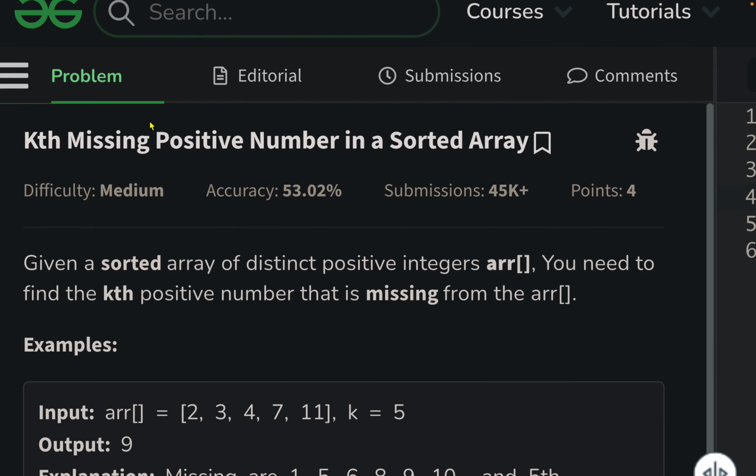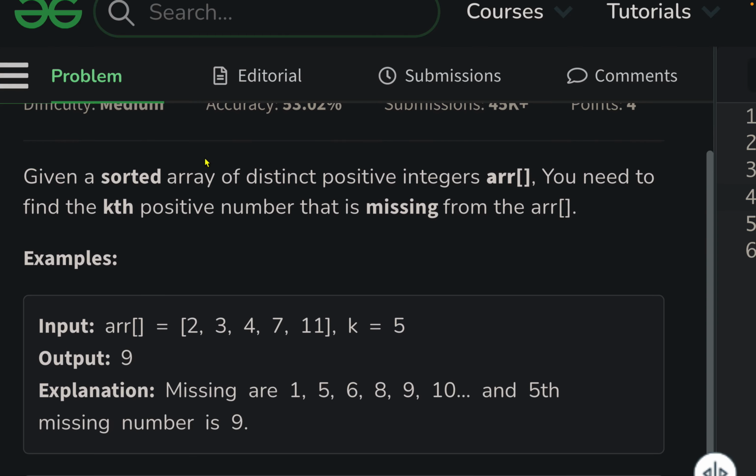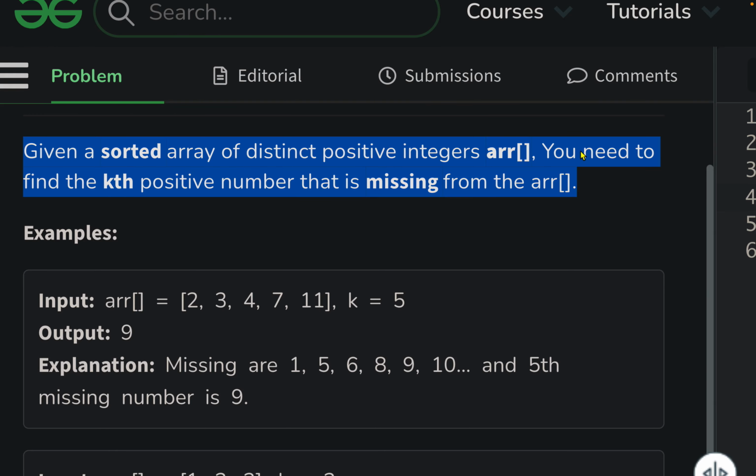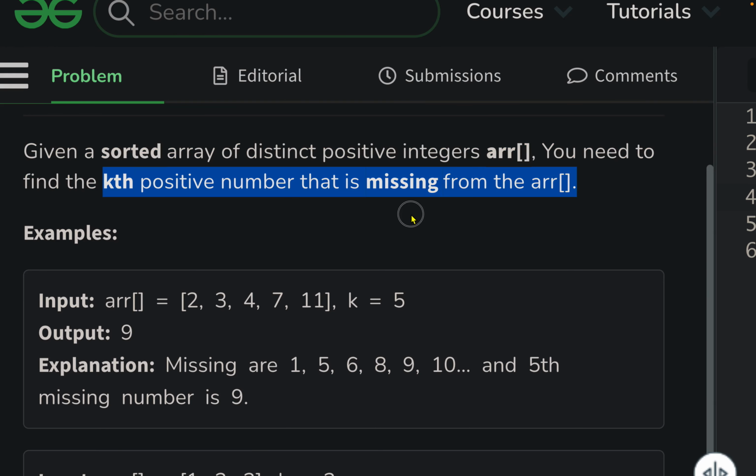Hello everyone, and today we'll be seeing one of the problems from Geeks for Geeks. It says, kth missing positive number in sorted array. So, given a sorted array of distinct positive integers, ARR, you need to find the kth positive number that is